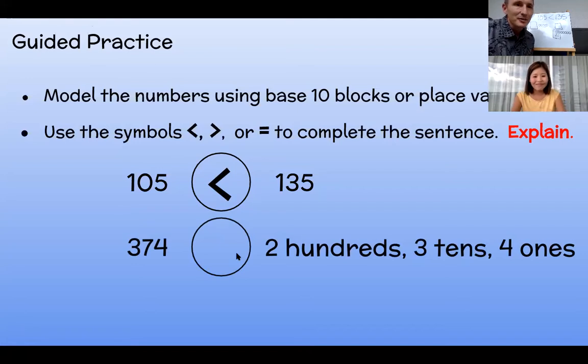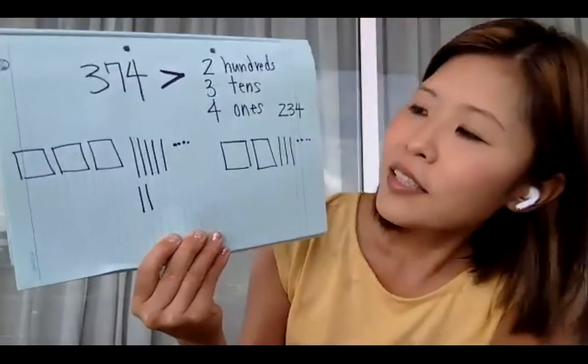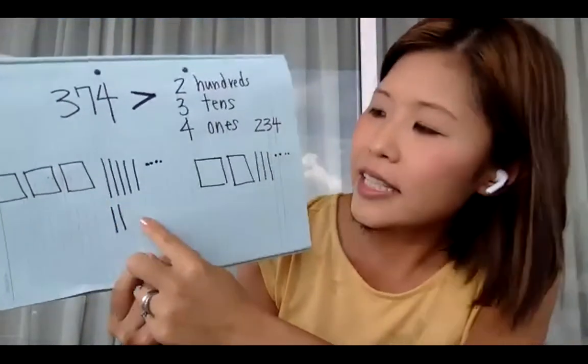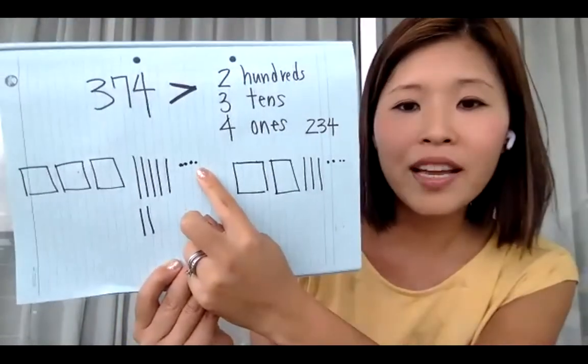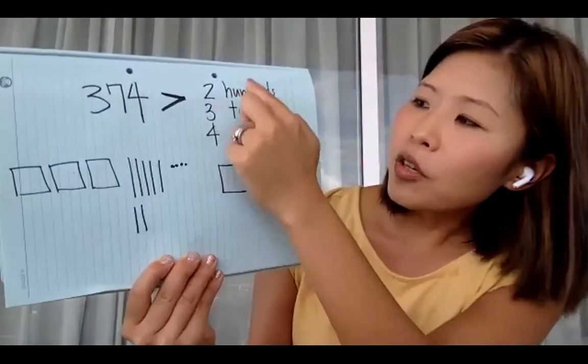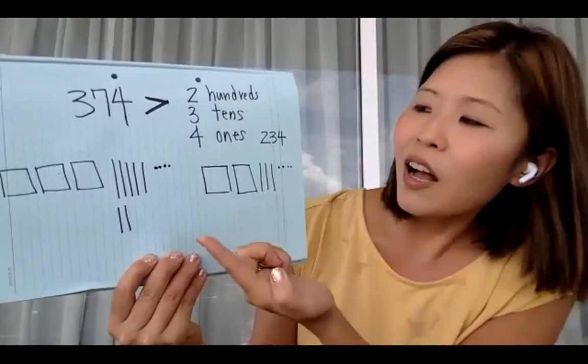Here's another example that Miss Yuka is going to model for you. Here's 374 is either greater than, less than, or equal to 2 100s, 3 10s, and 4 1s. Remember to pause the video and come back and check your model with Miss Yuka's. Okay? All right, here we go. All right, so this was my problem. So I modeled 370, so 7 10s and 4 1s. So that was 374. And this unit form here, 2 100s, 3 10s, and 4 1s, that was the same